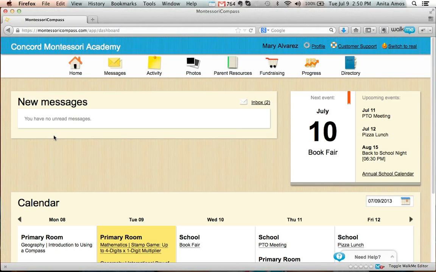What we always suggest is that you go ahead and create a demo parent account. Just create a parent user, find an email address to use, and experience that. There's a neat trick to have it go to you. So if your email address is rob@yourschool.com, you can do a trick by using a plus and a 1. So you can put rob+1@yourschool.com, and it'll actually go to your email address as well, and it'll count as a new email. Every email in the system has to be unique because that's the username to log in to Montessori Compass.